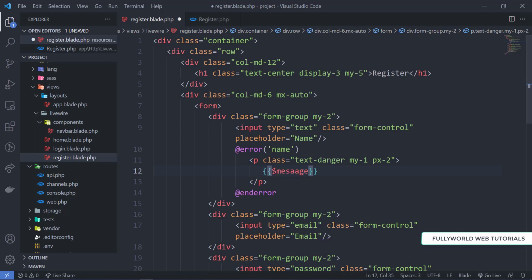So it will bind this error message and print it here.